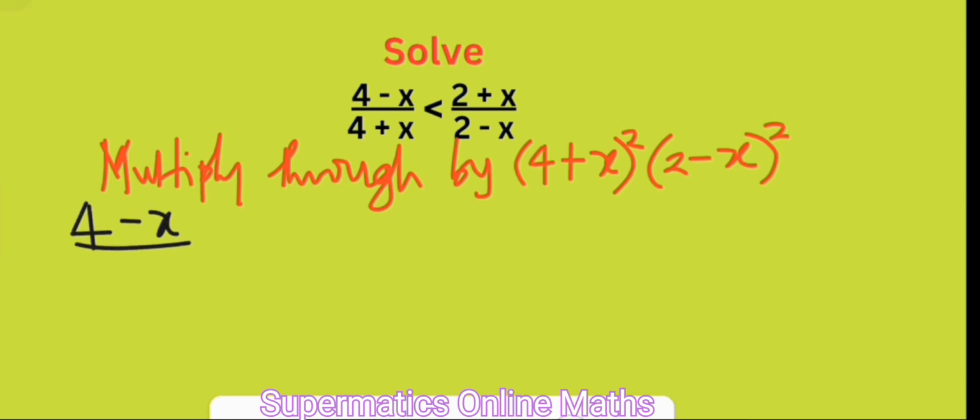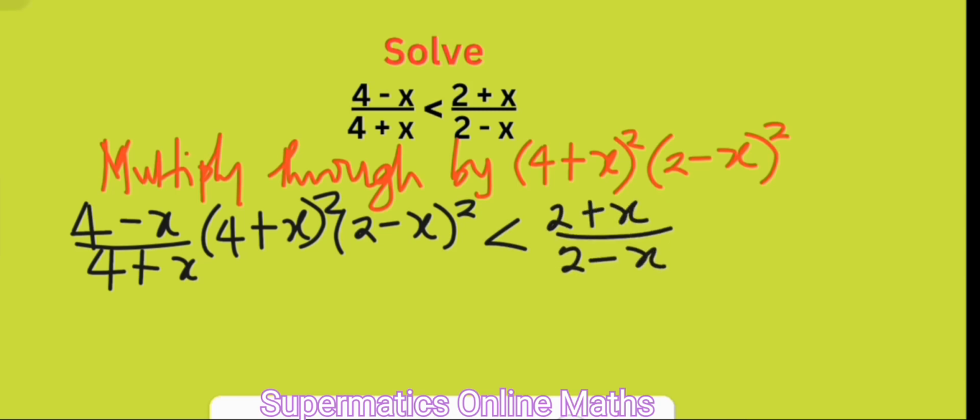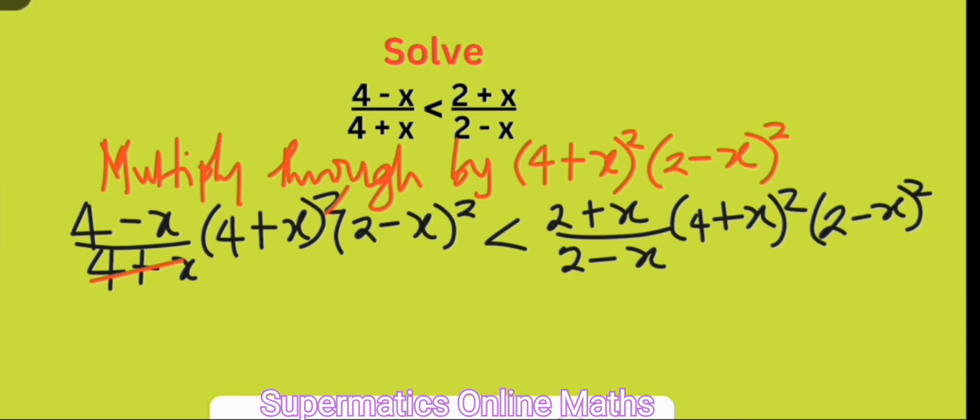(4 - x)/(4 + x) multiplying (4 + x)² and (2 - x)² on the left hand side, and this is less than (2 + x)/(2 - x), also multiplying (4 + x)² and (2 - x)². Then 4 + x here takes one of this away, while 2 - x on the right hand side takes one of the (2 - x)² away, leaving us with